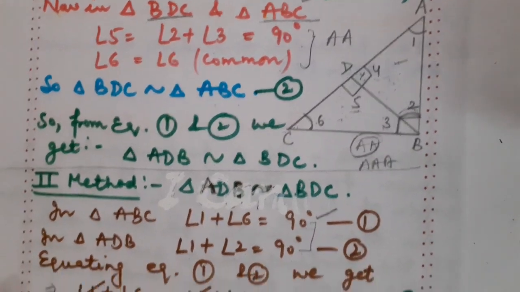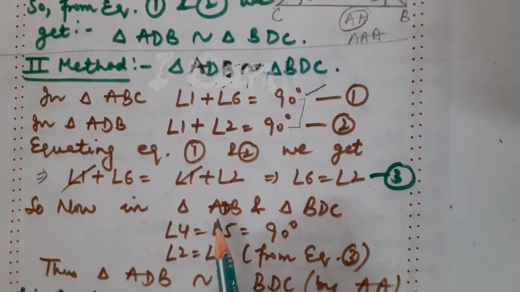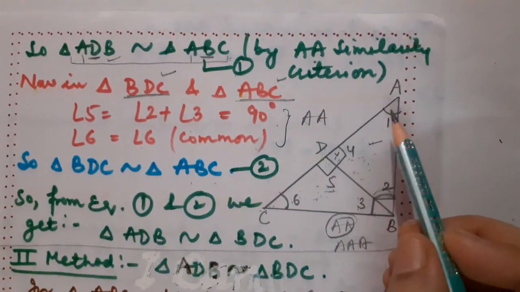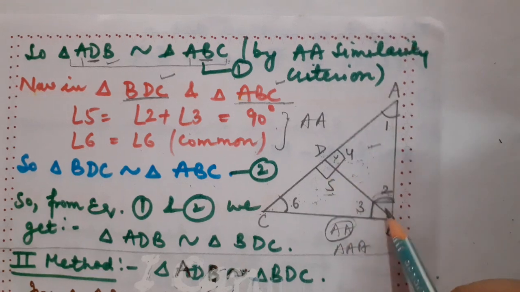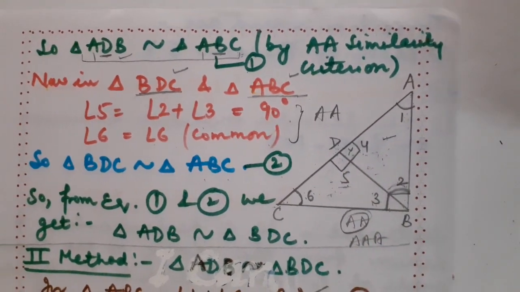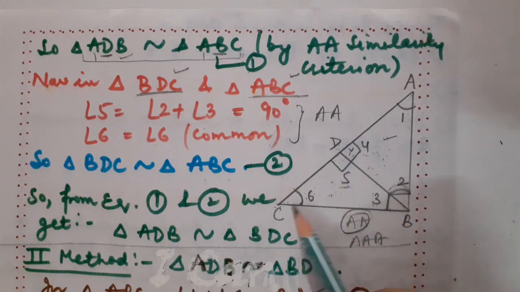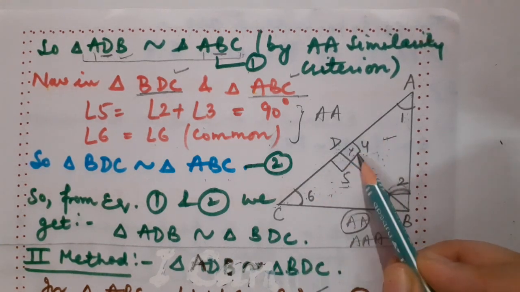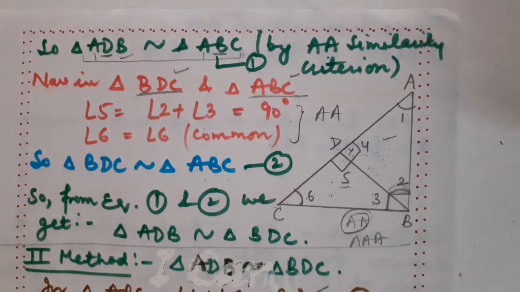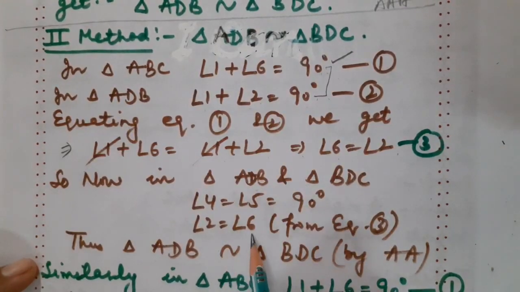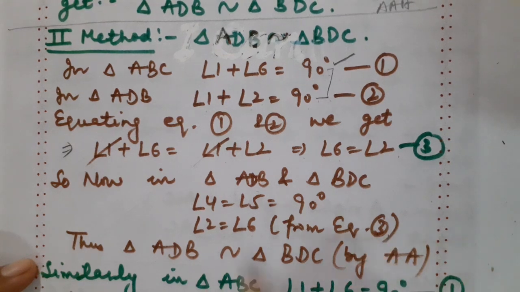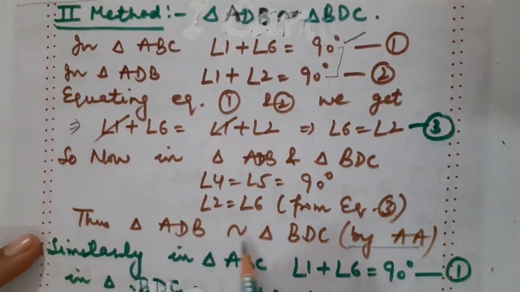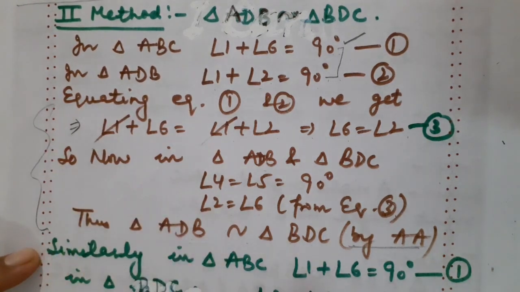So for that, what is to be done? Now again I am going to take the same triangle, that is ADB, as well as triangle BDC. Again angle 4 and angle 5 both are equal, correct? Angle 2 is equal to angle 6. I have just proved in equation number 3. So again I have said that by double A similarity criteria, triangle ADB is similar to triangle BDC. Correct, children? This is that part which I have just explained to you right now.